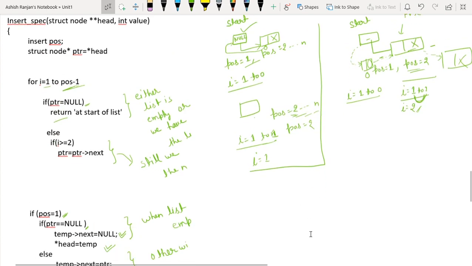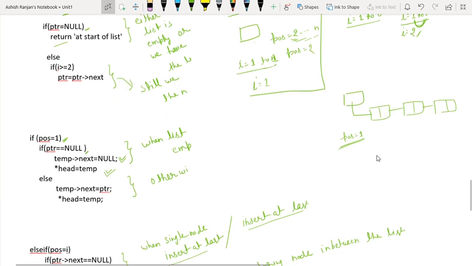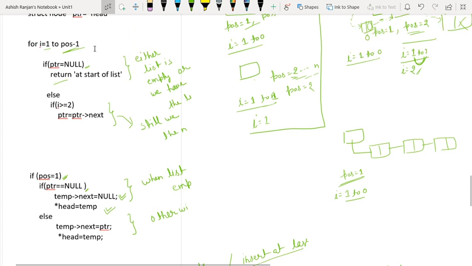Now in the third case, let's suppose we have two nodes. Now pos is equal to 1. What it means? I want to store the element at the start of the list. So the loop will not execute here because i will be from 1 to 0. This is not an appropriate loop because this loop is in the forward direction.